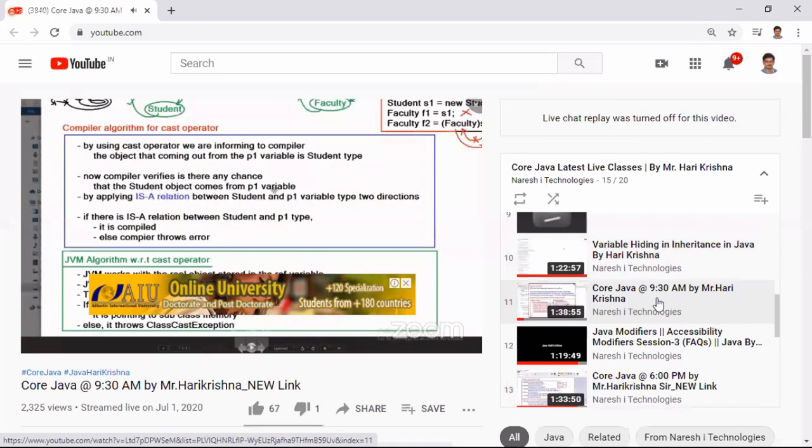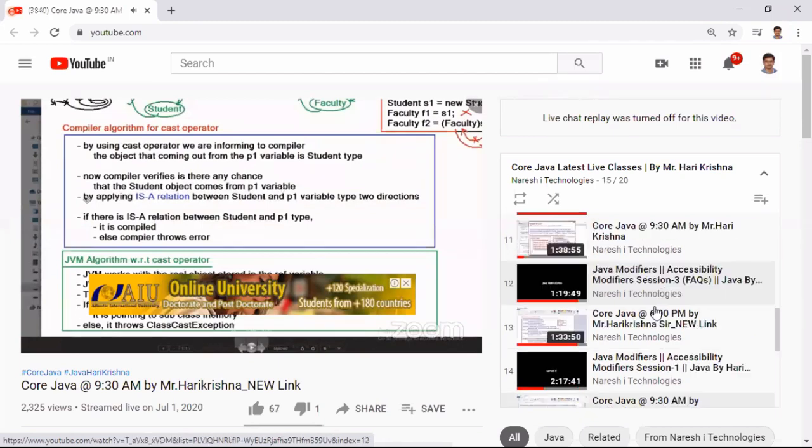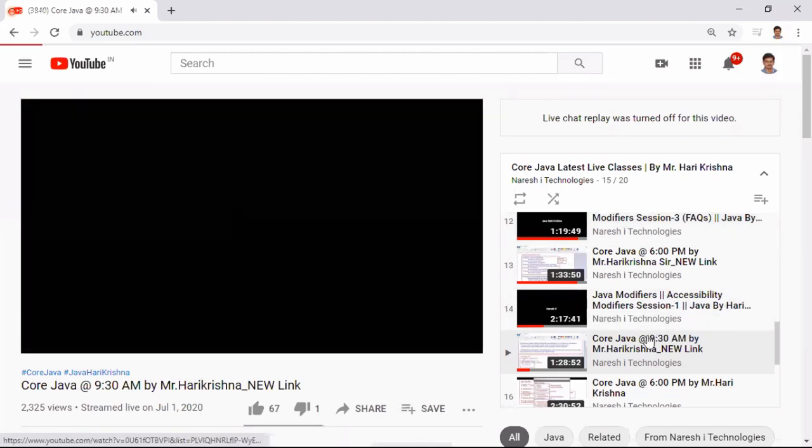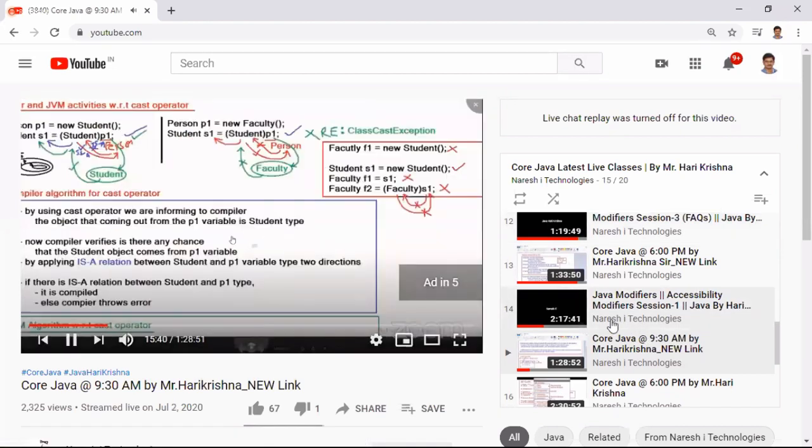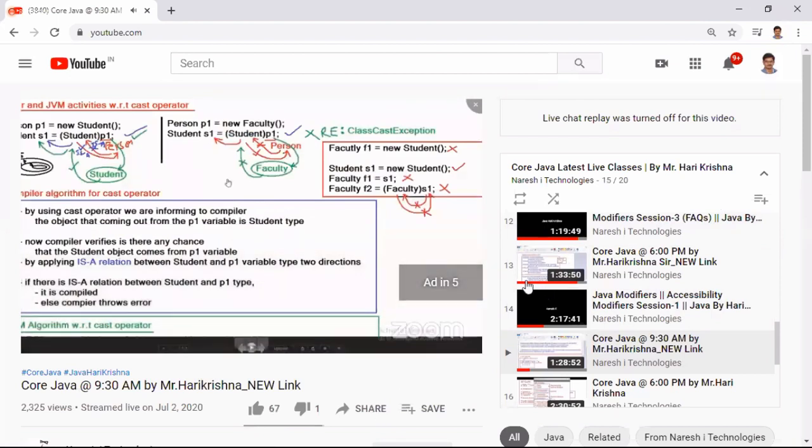For knowing whether there is any chance or not, it is applying the IS-A relation. What are the compiler and JVM algorithms? Clearly I have typed here. Compiler algorithm for